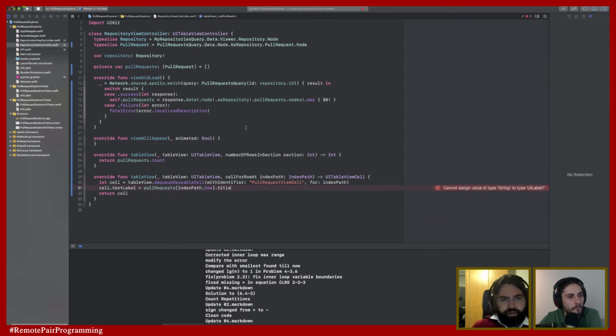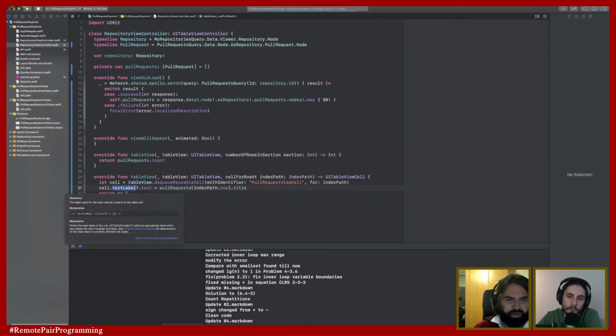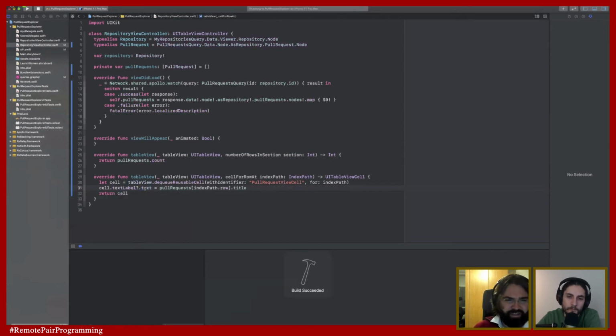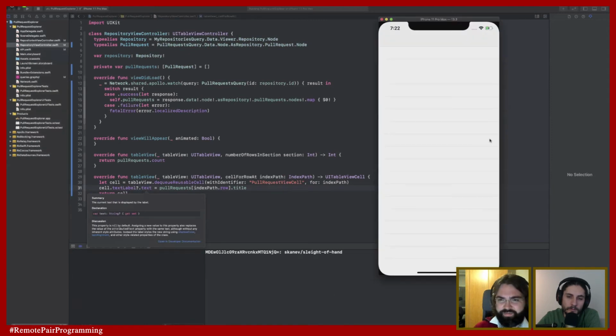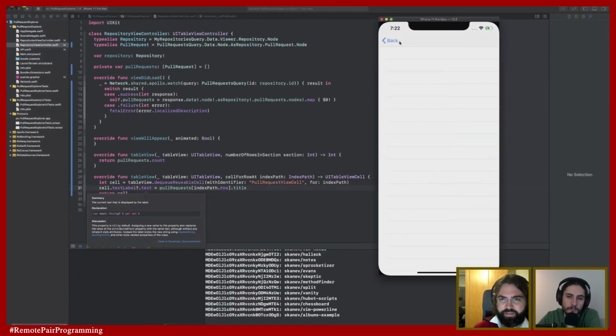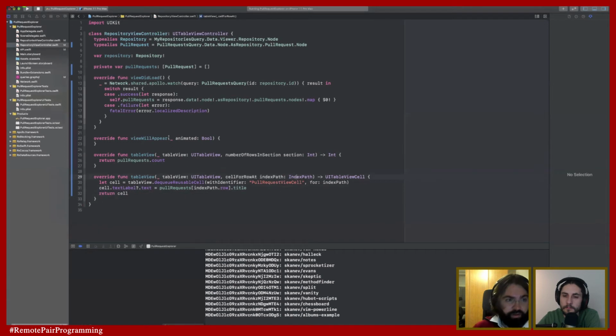This should be fine, or it's not fine. Very not fine, because I need to set the text here. Like text label is an object, and text is just a string. So you want to show the title of the pull request. Although that's not going to work either. So